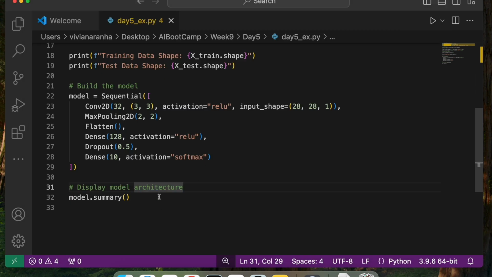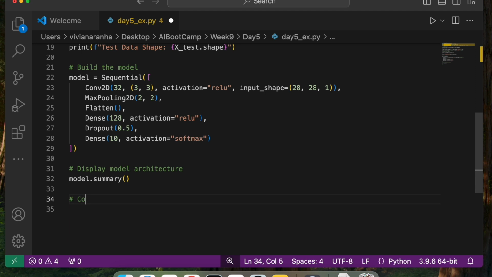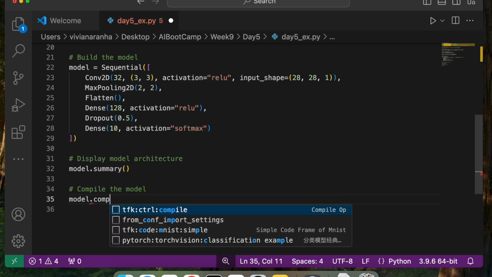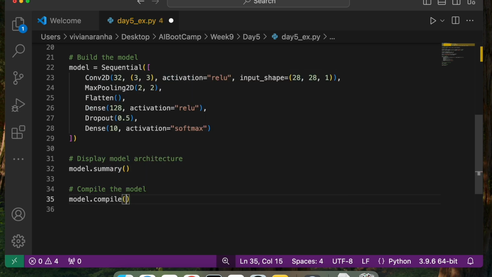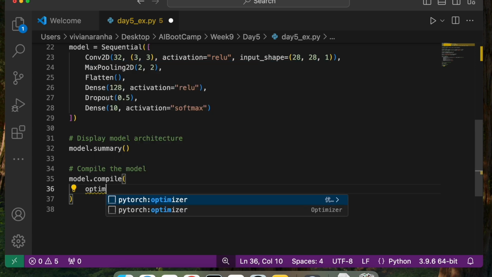Now let's go ahead and compile the model. So I'm going to say model.compile. Now what do I need to pass to this? I need to use an optimizer. Which optimizer I want to use is the Adam optimizer.